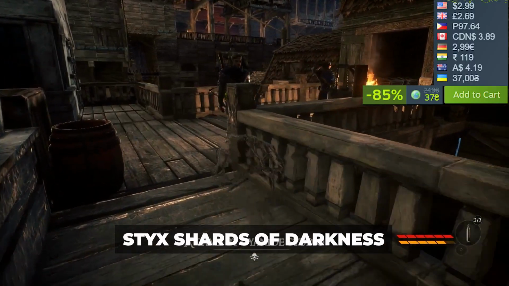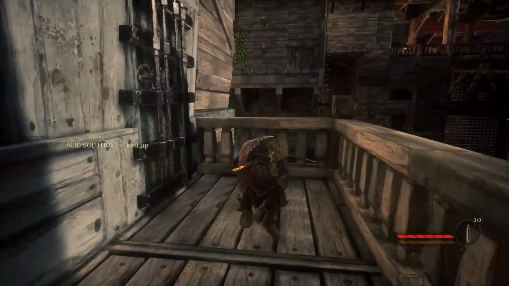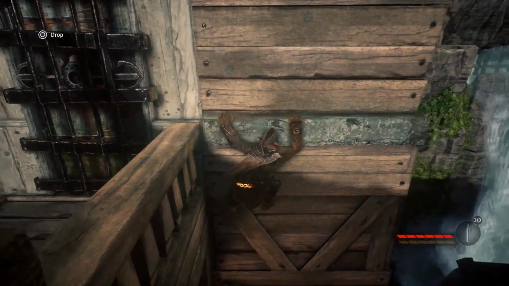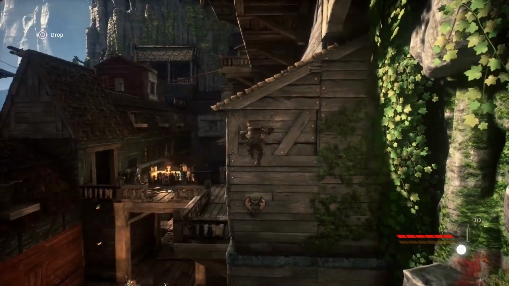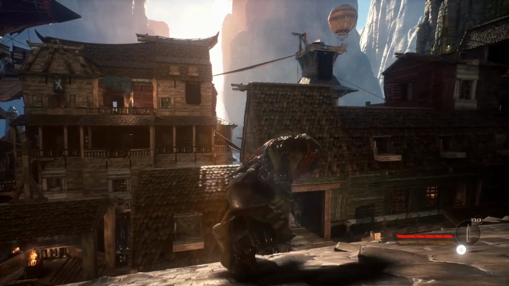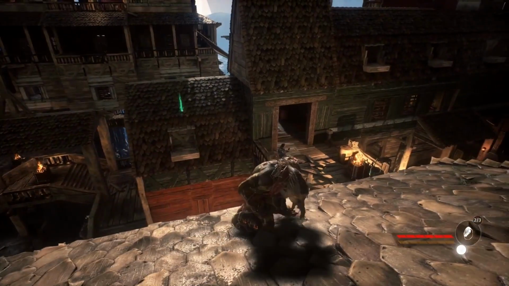Styx: Shards of Darkness is an action-packed stealth game where players step into the shoes of Styx, a crafty goblin thief, as he embarks on a treacherous journey in a dark fantasy world. Set in a richly detailed environment with both medieval and high fantasy influences, the game features an open world filled with puzzles, challenges, and a wide array of stealth mechanics. The goal is to navigate through complex environments, avoid enemies, and complete missions without being detected, making stealth a crucial